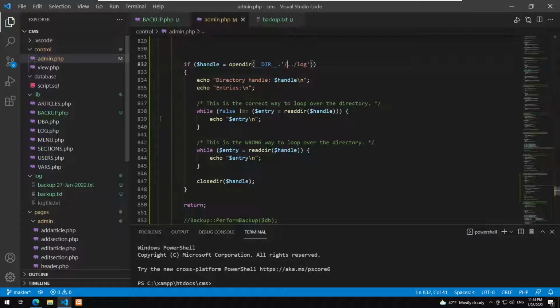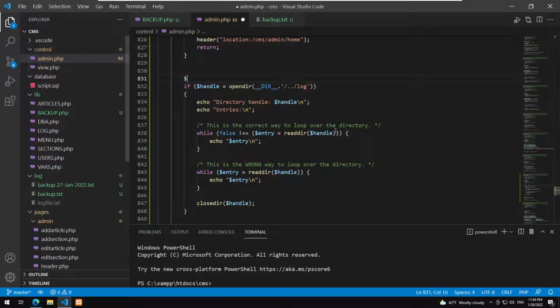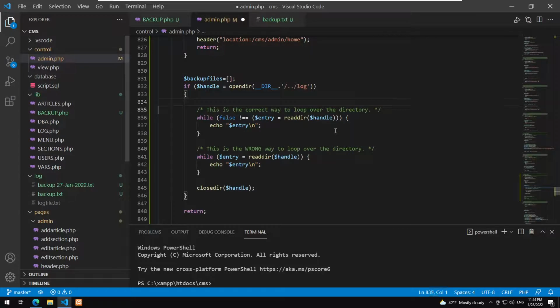Sorry. So what I want to do is to get all the files that start with backup space. Okay, and what I am doing now is the following. I will create a simple array, backup files equals empty array. Okay, I hope this makes sense. No need to show text on the screen. I will just read this, and now we have the variable entry which contains the file name. Now I will say if entry,